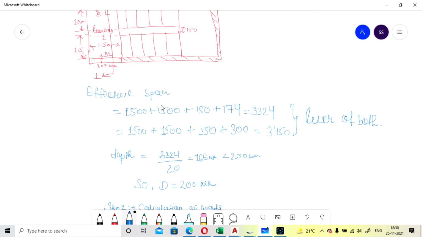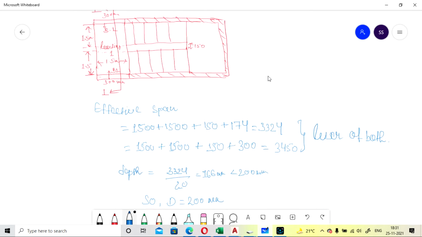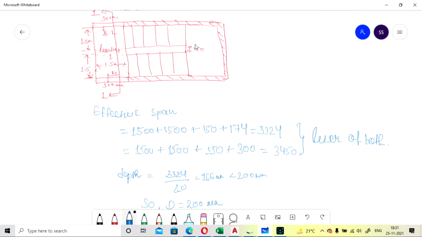For the effective span, we have to take the lesser of these values. 1500 plus 1500, converted into mm, plus 150 plus 174. 174 is the effective depth that we considered for landing slab 2. We are taking the same dimensions for landing slab 1, the depth and effective depth.